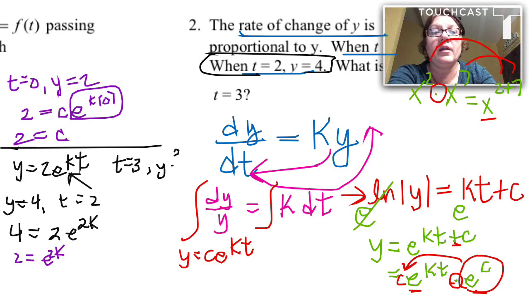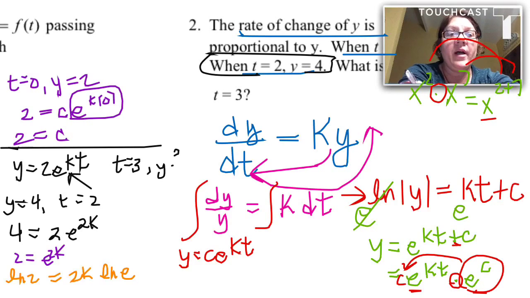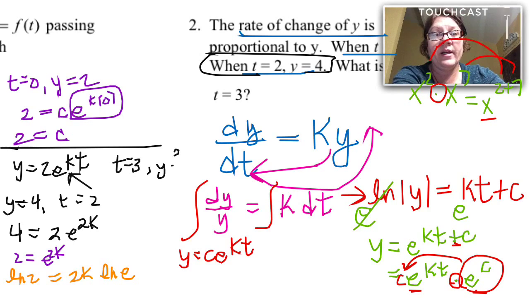Oops. And then I'll have to use logarithm to get that k down out of the exponent. Now, I could use any base, any log base, but I'd like to use natural log because once I bring down the exponent, this is going to cancel out and I'll be able to